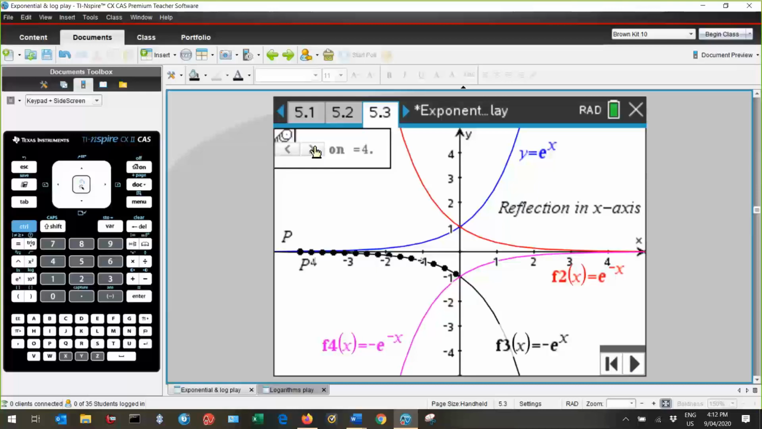Now, sometimes there are questions about addition of functions. So what about if you're asked for the graph of y equals e to the x plus e to the negative x? It's just a matter of adding the two graphs together. So, for example, along the